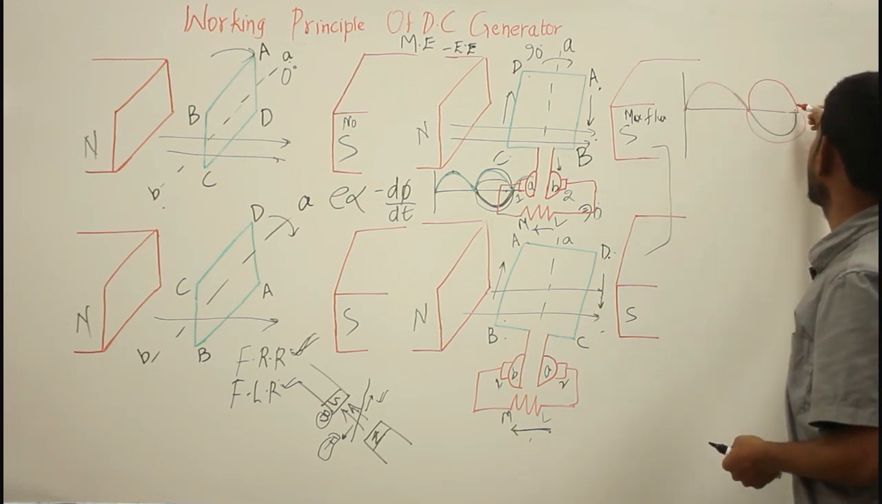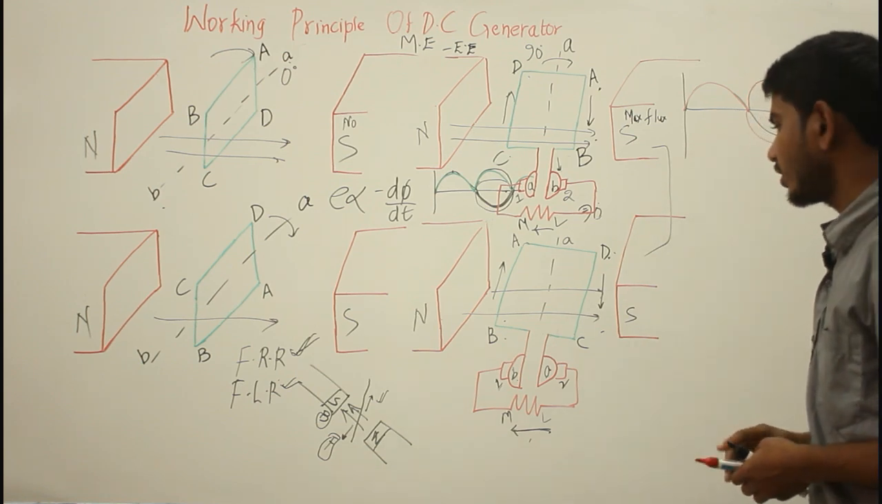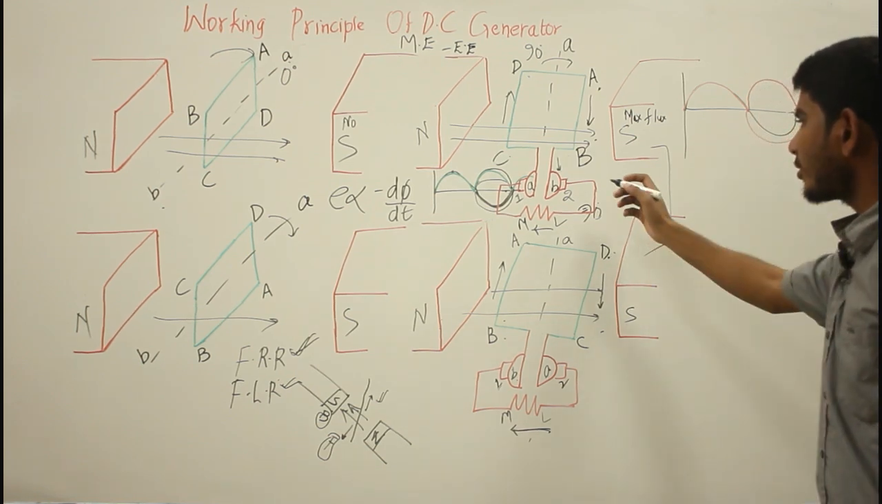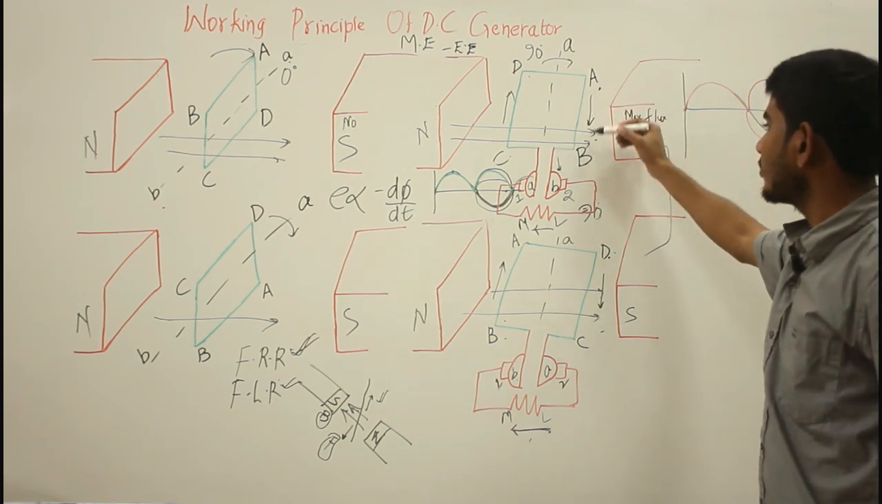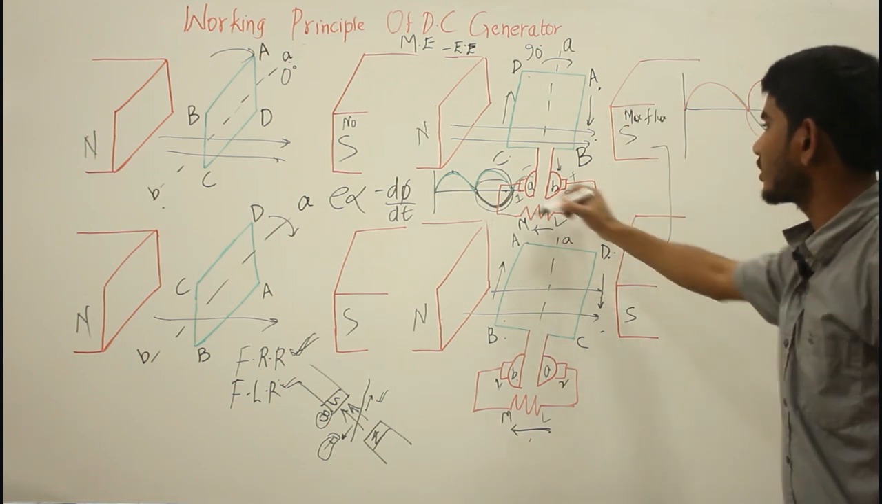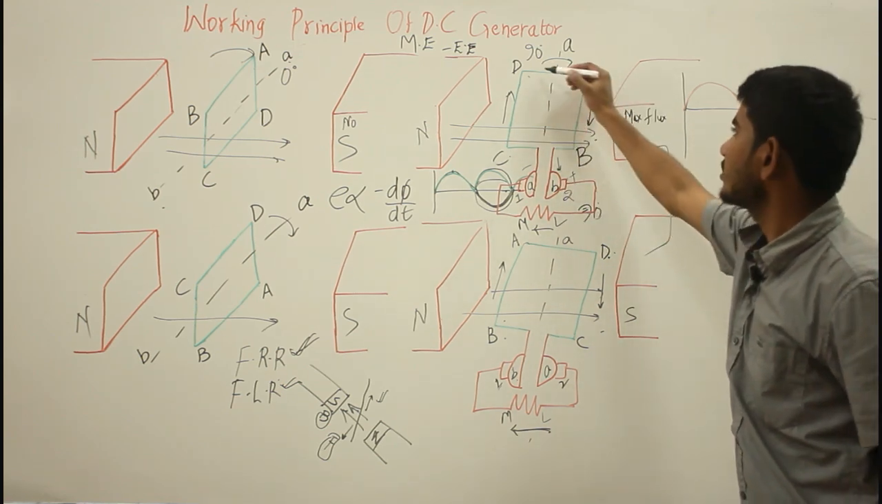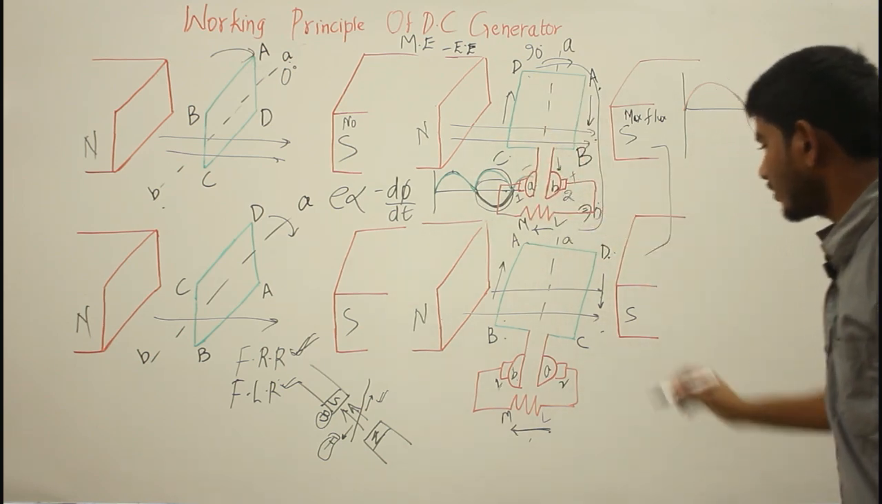So this will be the waveform, this will be my DC output. Once again, I am repeating how the current is going to get altered. Initially the current is flowing from A to B, and this is positive, this is negative, from here to here. This loop is coming from here and moving to here. But what happens here is,